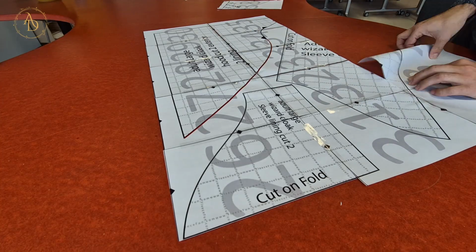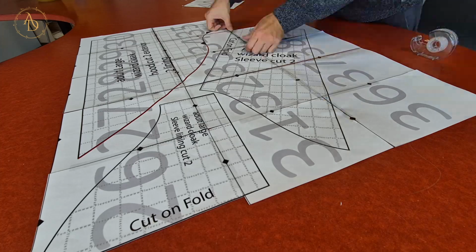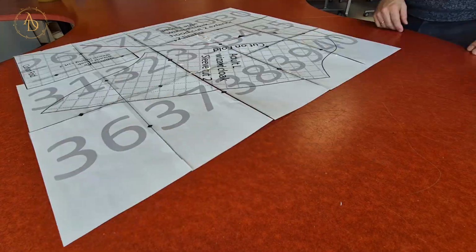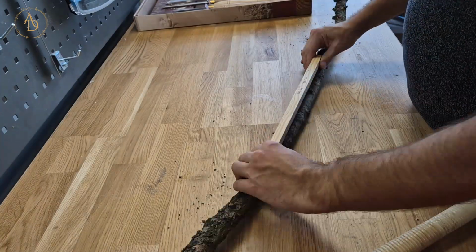After I made the cutouts, I basically threw them in a bag with all my fabrics, and I forgot about them for a few months as I had a lot of other stuff going on in my life, and it was just before Christmas. I also mentioned that I wanted to make a wand to go with this cosplay,